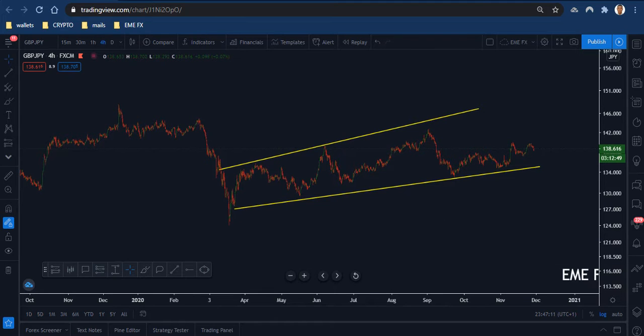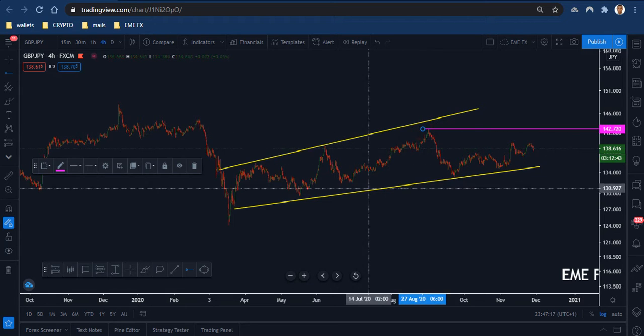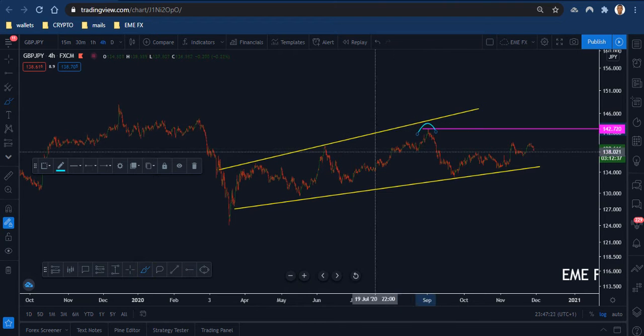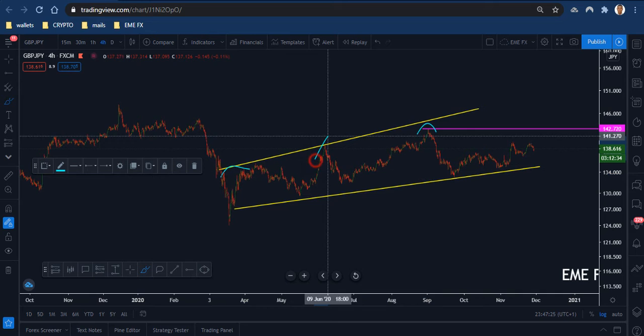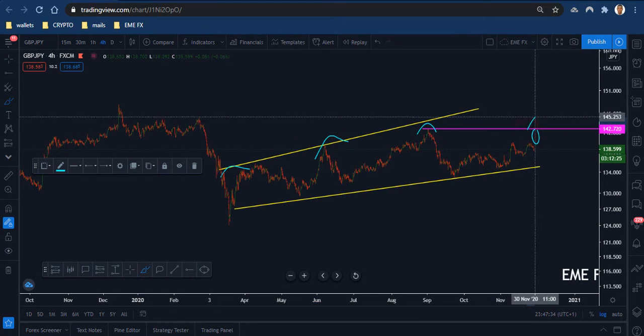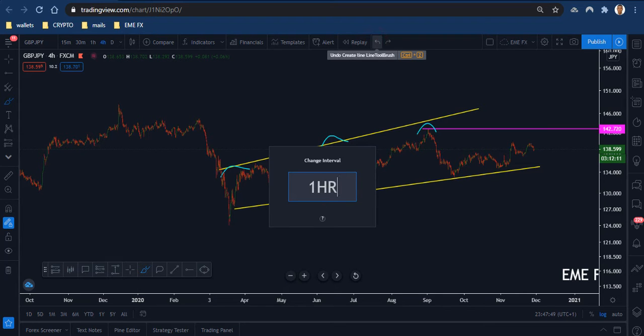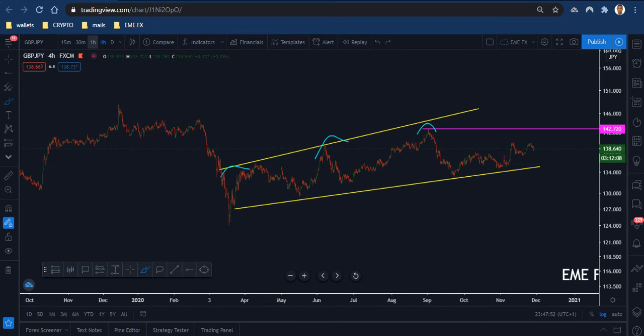So here on the 4 hour, let's spot on our major levels, our key levels. We could see this area as an area of value. Here we have this rejection, we have this first, second, and this third rejection. And price is currently trading around this zone. We are close to this area, so I anticipate a possible double top scenario here. If price should retest this area, then I'm expecting an impulsive move down. So having said that, let's drop down to the 1 hour to refine our entry.